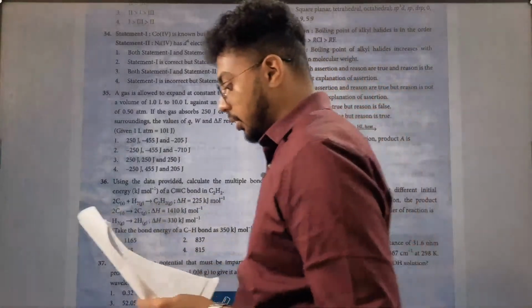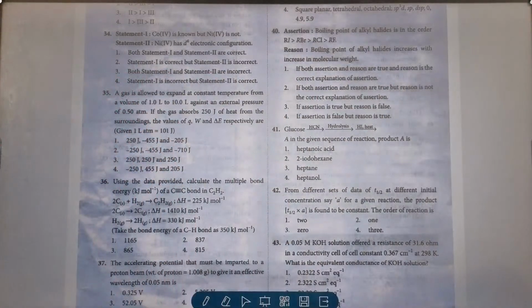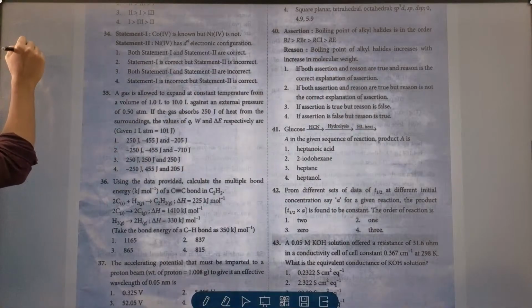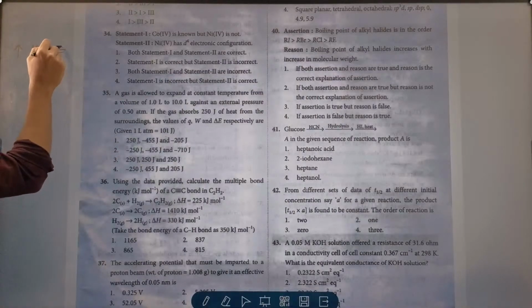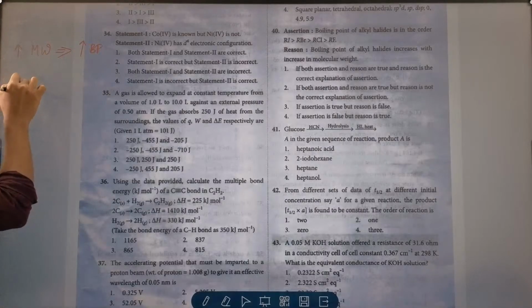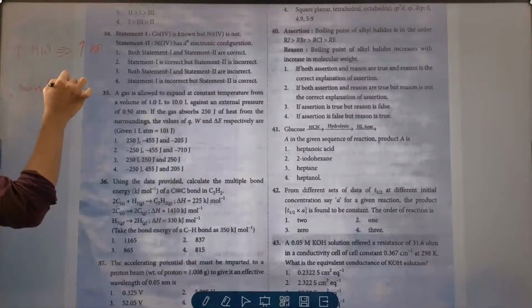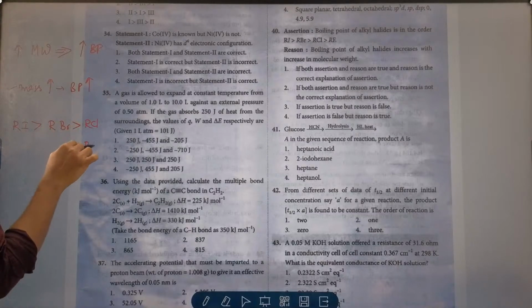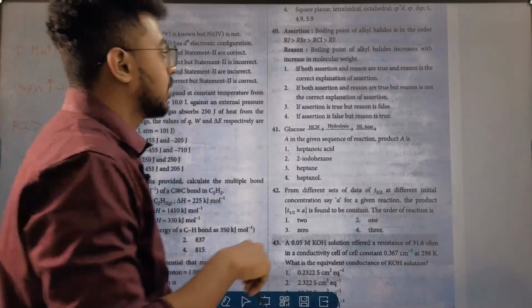So the reason is, boiling point of alkyl halides increases with increase in the molecular weight. Okay. So we know that with increase in the molecular weight, we get increase in the boiling point. As mass increases, boiling point also increases. Okay. This point is correct. So we know that RI has greater mass than RBr, than RCl, than RF. Okay. So the first point is correct,